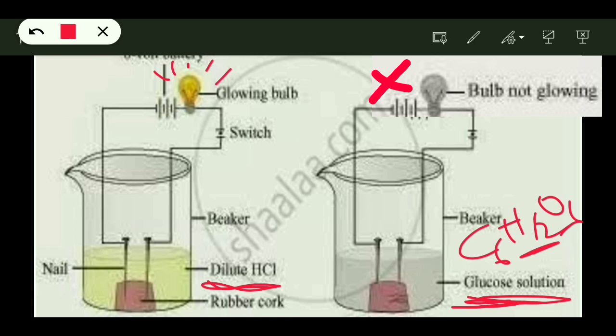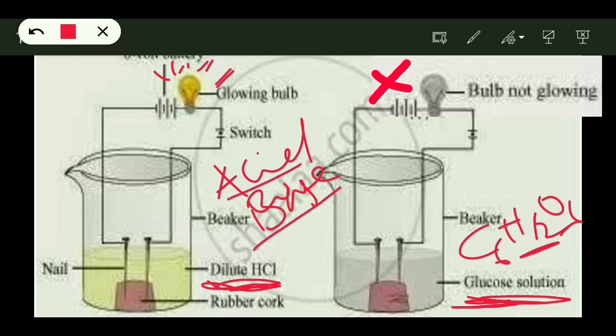Okay children. So what actually we are doing here, children, we are dissolving this HCl, that is an acid, or a base, in water, acid or base in water, in order to conduct electricity. So dear children, in both the activities we have seen that they are dissolved in water. So what actually is the role of water here, children? Why are we adding acids or bases in water, or dissolving in water, in order to conduct electricity? What exactly is the role of water here?